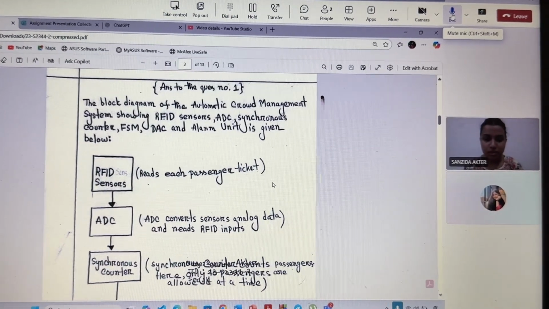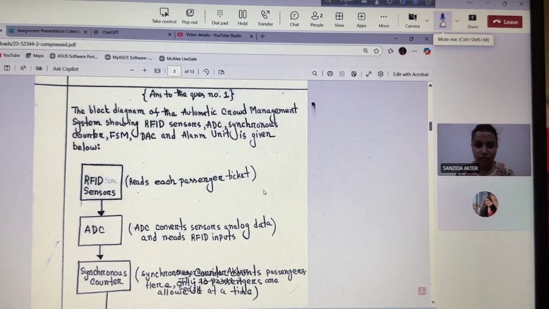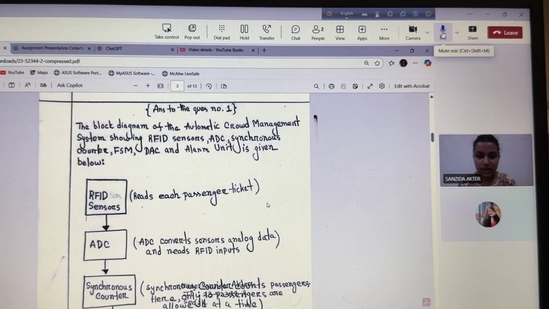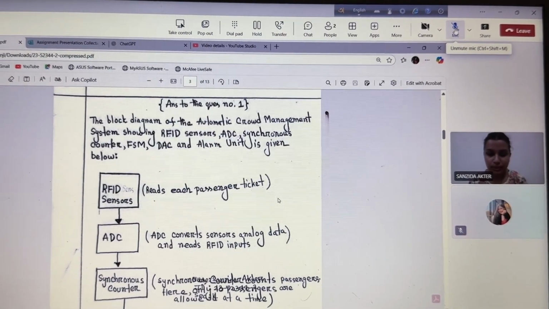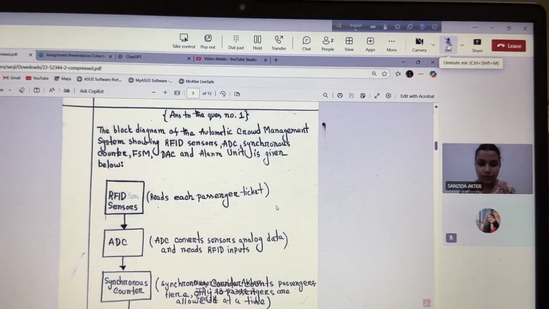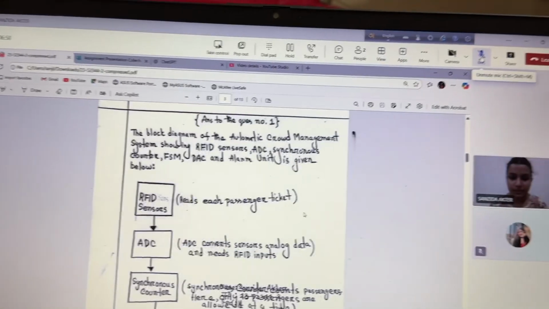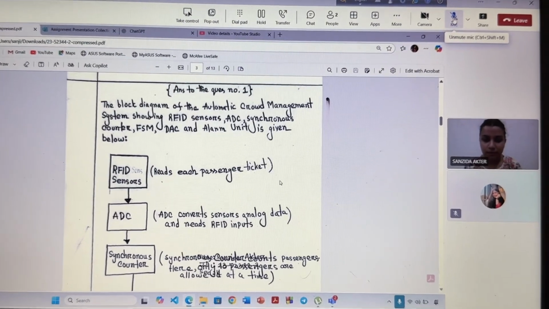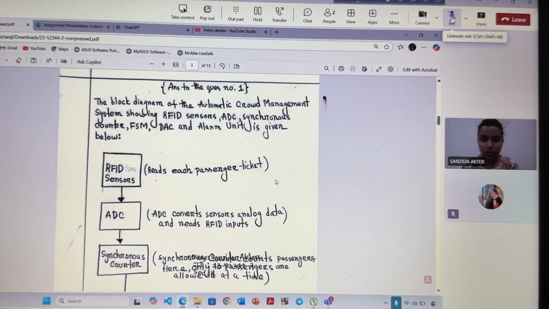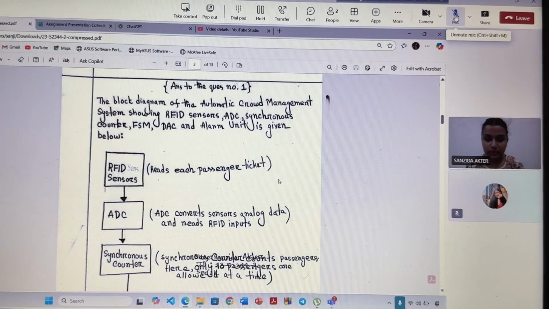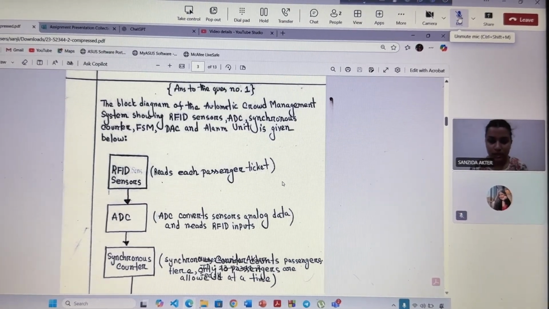Today I will present the solution of my automatic metro crowd management assignment. The project designs a digital system that controls passengers' entry through a metro platform, counts people, raises an alarm if the limit is exceeded, and sends a live voltage signal to the control room. I will describe the answers to all questions one by one, explaining both what the question asked and the full